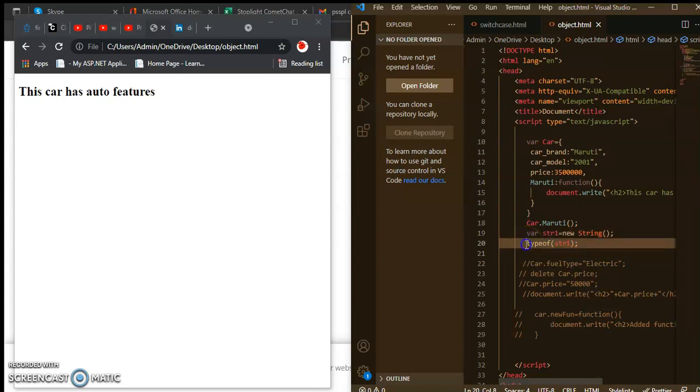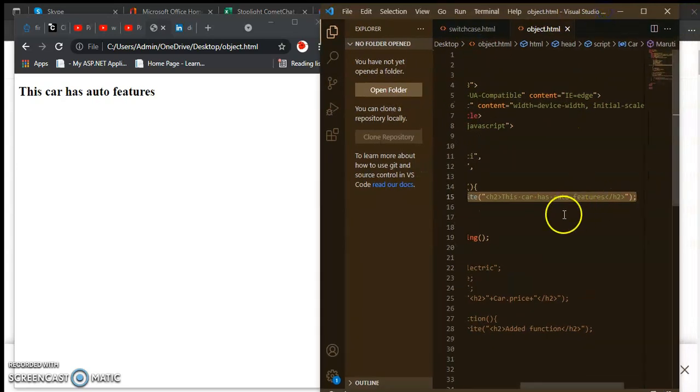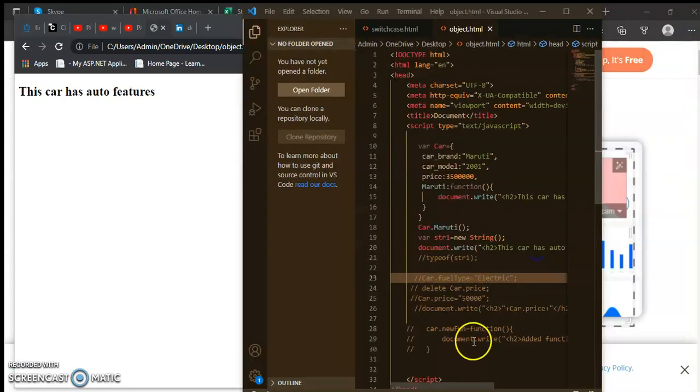For that, I will comment this out and write inside document.write.